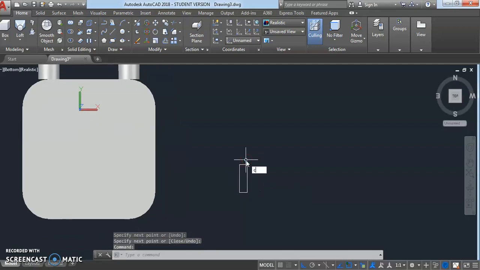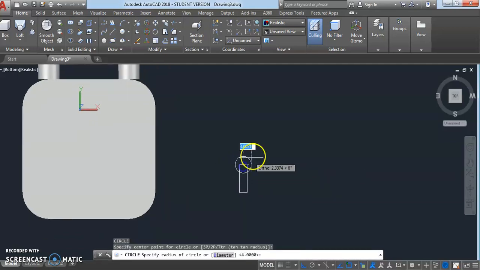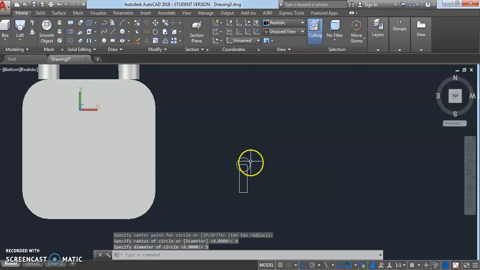Make a circle by using C, enter, take the center point, and give the diameter of the circle as 5 mm.